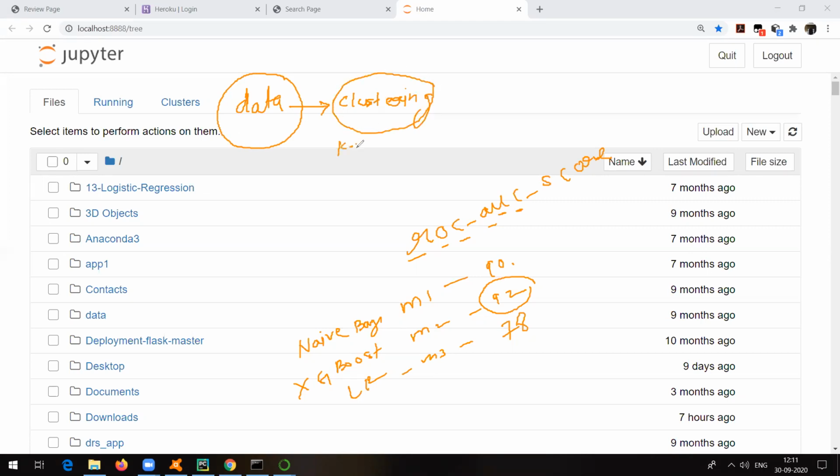For example, the famous one is K-means, but there are other algorithms also like DBSCAN, density based spatial clustering application with noise, which is also one of the best clustering algorithms. Either you use K-means or DBSCAN, both are used for clustering, so you use any one of them. The data which we get, we pass to the clustering algorithm.